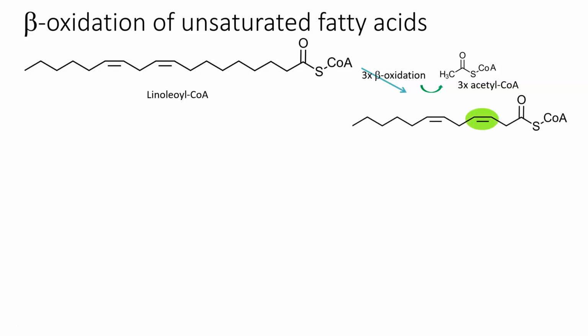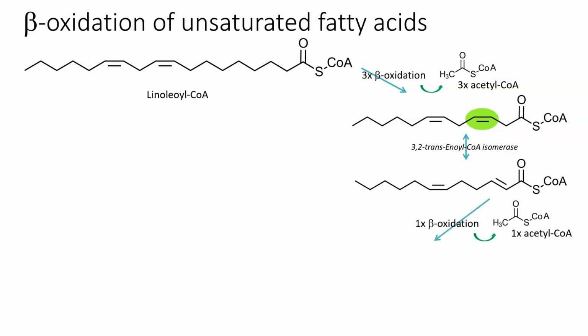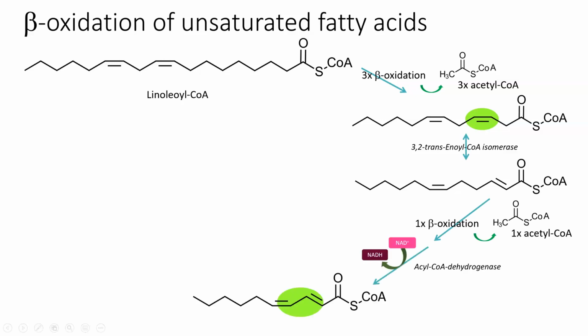When the double bond is reached, the enzyme 3,2-trans-enoyl-CoA isomerase will change the orientation of the double bond so that beta oxidation can occur. However, this rotates the remainder of the molecule. There is no real problem if there are no additional double bonds. Otherwise, the fatty acid would need to be modified to change the position of the remaining double bonds by using the enzyme